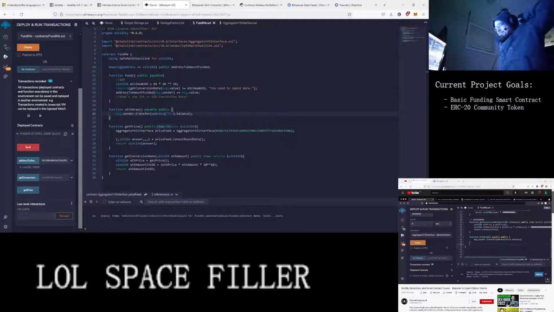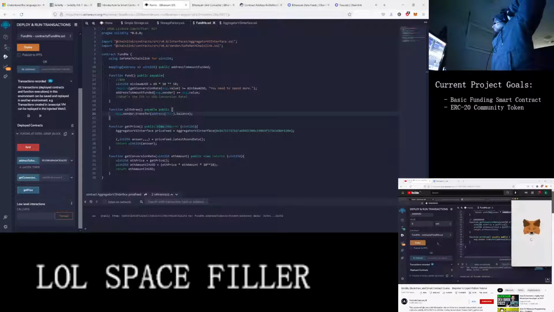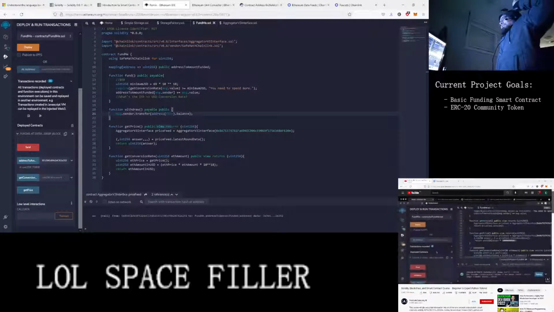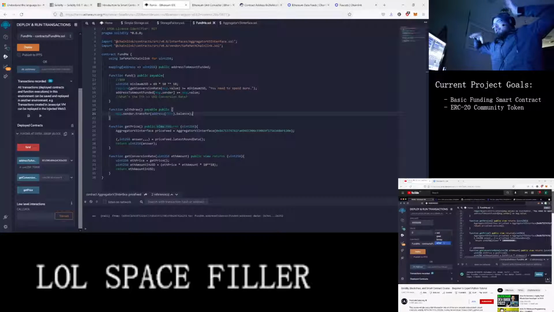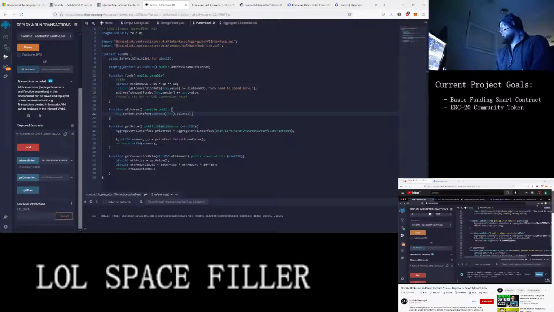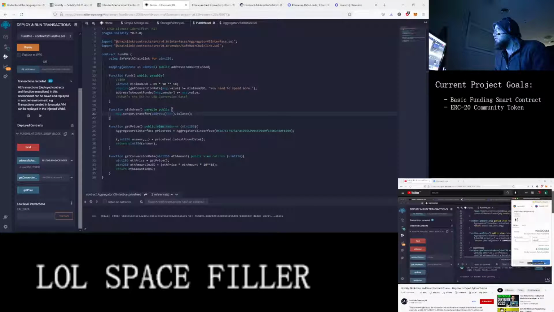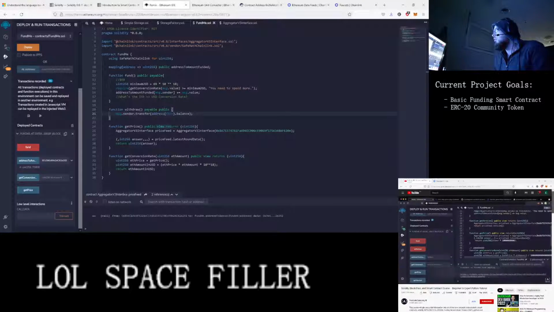So let's go ahead and try this. Let's deploy FundMe. What a ridiculous contract. And now let's fund it. Anyone who interacts with this contract can withdraw all of the money. We'll fund it with one whole Ether so that we can see it go into the contract and get pulled out of the contract. We'll hit the fund button